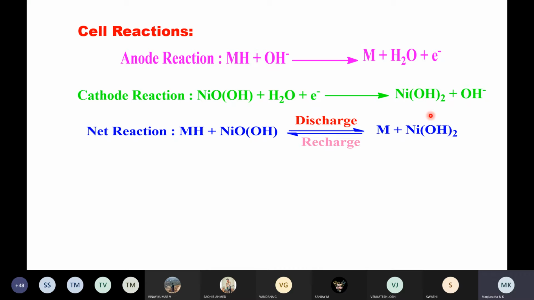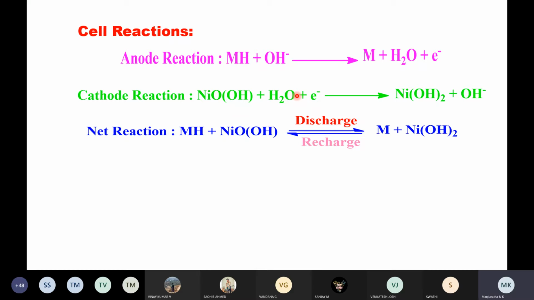In this way, during the discharging process, the chemical energy is converted into electrical energy. Coming to the reactions during the recharging process. During the recharging process, it acts as an electrolytic cell where electrical energy is converted into chemical energy. Whatever chemical energy is consumed during the discharging process is regenerated in the recharging process by using an electric current, in which the reactions are reversed.